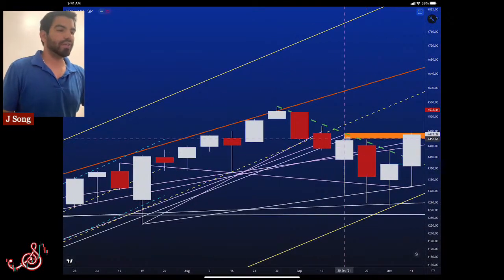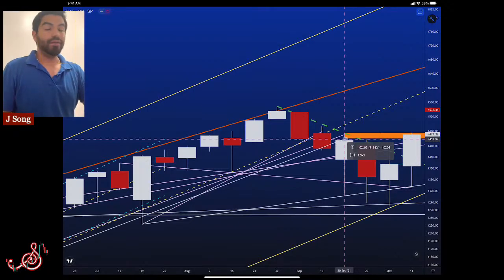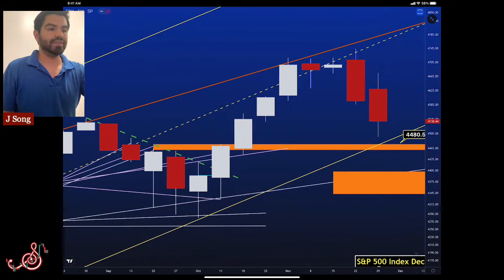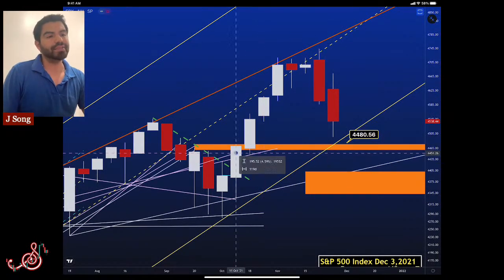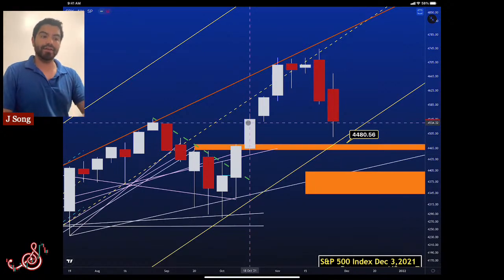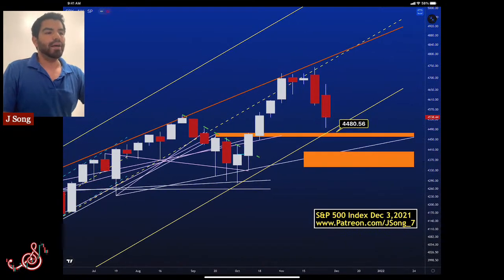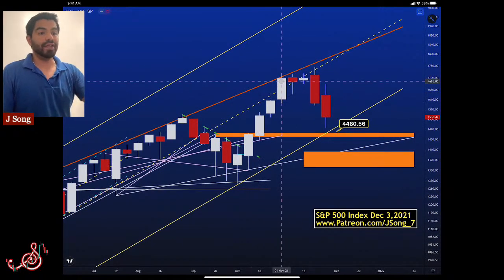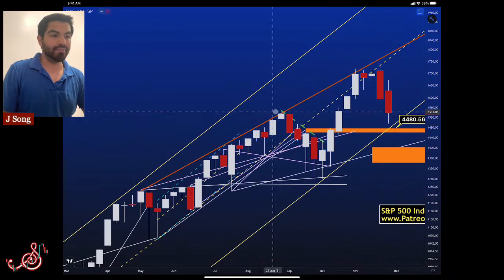It did create a shortcut, which is approximately right here around $4,447. And we use this line to determine behavior of price. Once we broke above this line, then the S&P 500 actually becomes bullish. Okay. We went up to our fire line, which was drawn here, connecting this top to this top,